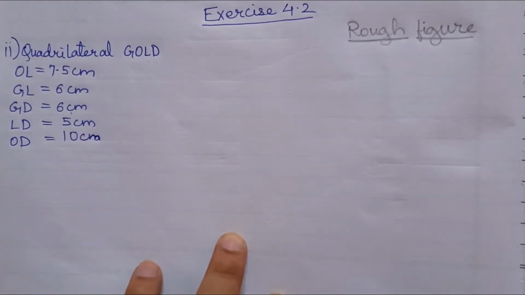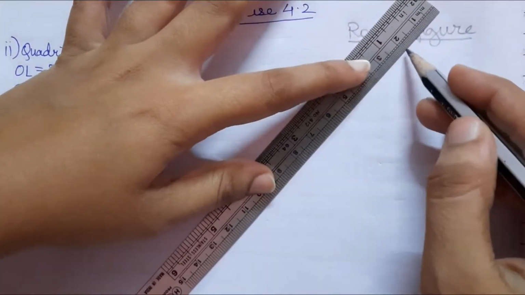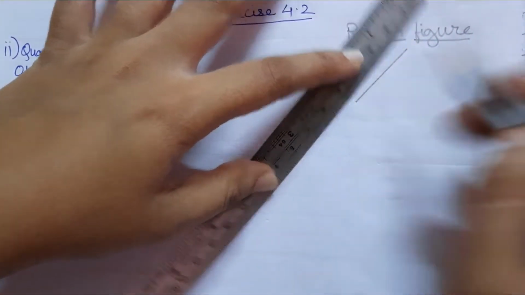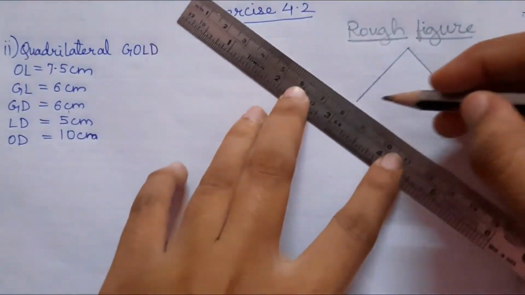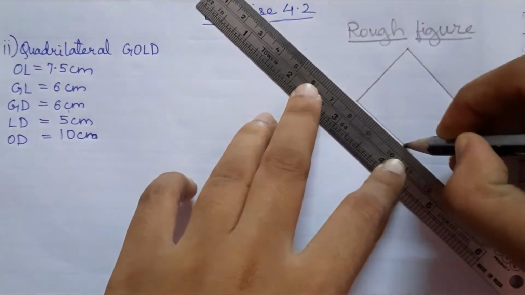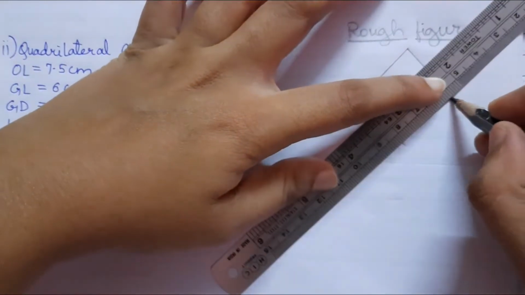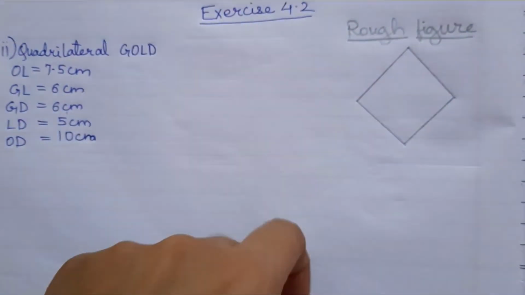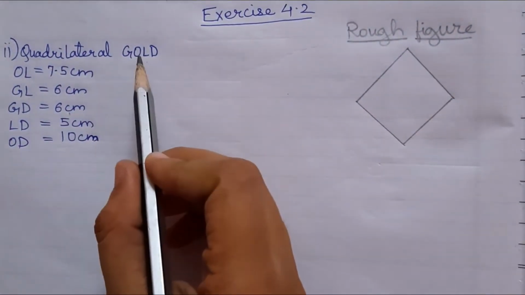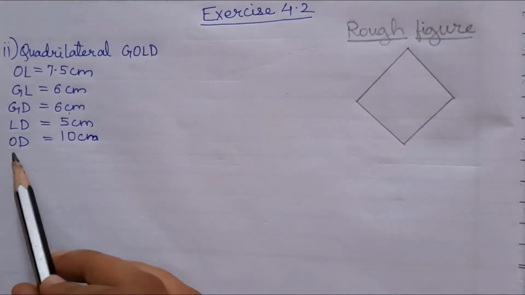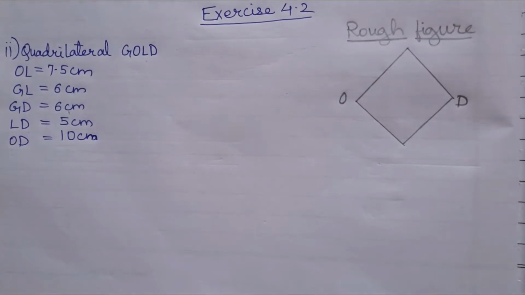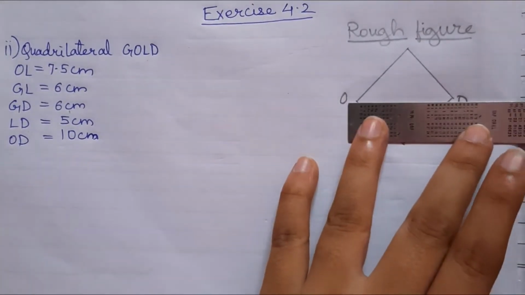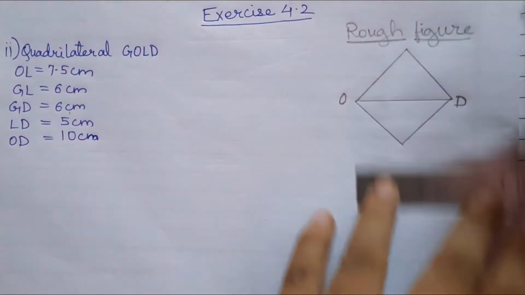So here this time we will construct our quadrilateral like this, the rough figure, so that it is easy for us during construction. Okay, GOLD is the quadrilateral. We will take the longest diagonal here, so that our construction becomes easy. So OD here is 10 centimeter